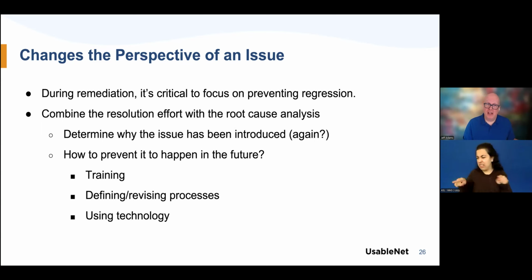And that's why combining the resolution with root cause analysis is good, so that you can determine how things are fixed, and make sure you're documenting those things so that you don't come back to them again. And it's really where the training again comes in, as does making sure you're refining your processes as you understand how things need to work in the organization with accessibility. And you're using technologies like the Aqua platform, other platforms that are out there that can help you build a hub for accessibility. So you've got all of your information, all of your tests in one centralized location.